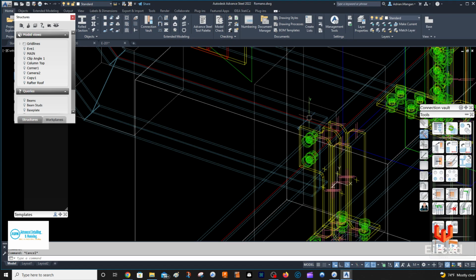I'm going to just take a note of that. Bolt orientation, piece detail, because I do plan to do a video, maybe like a 10-part video of advanced steel tips. It's going to be like 100 tips or something like that, like little tips like that. So let me just take a note. Alright,